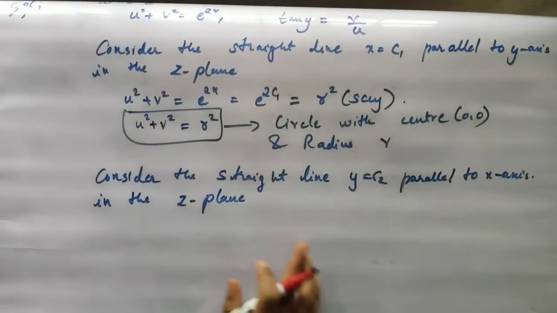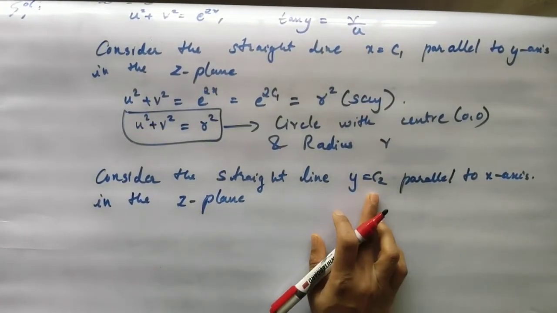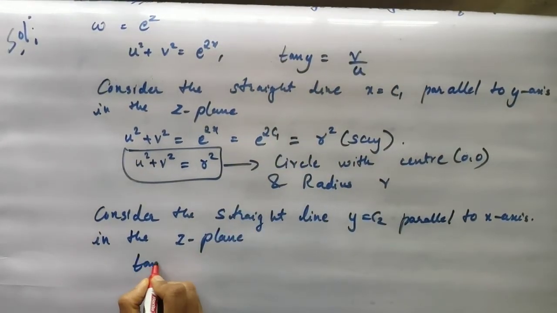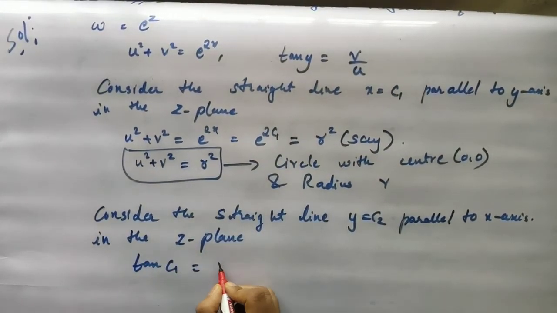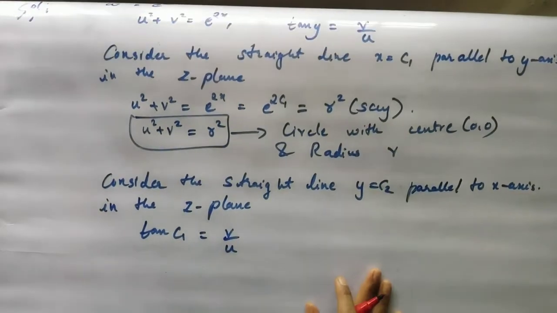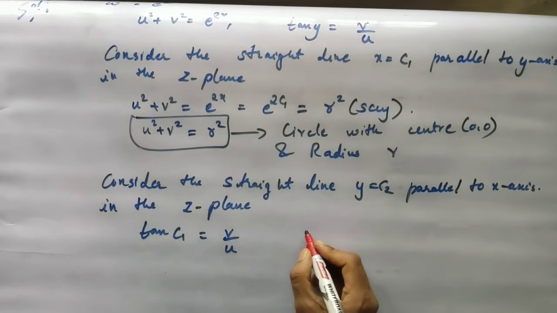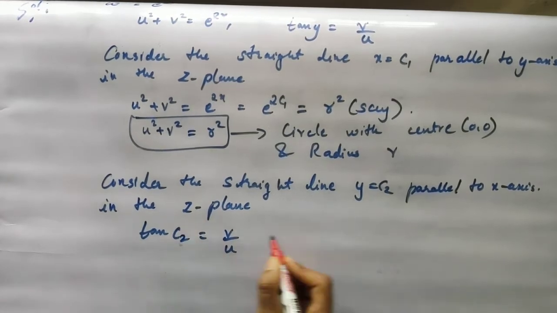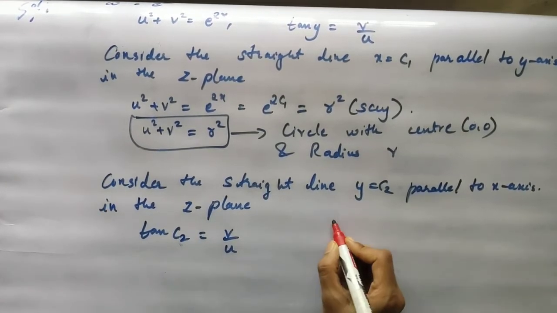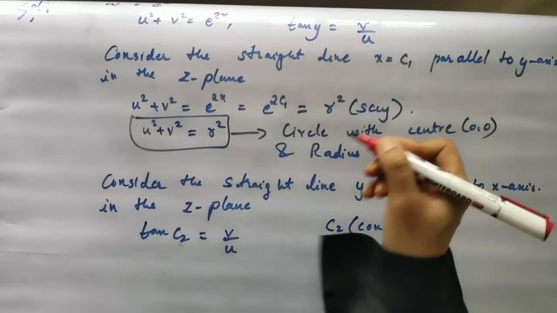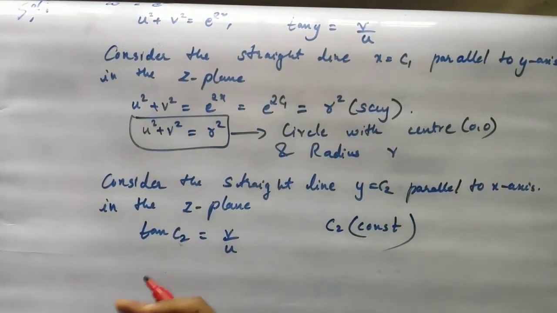Okay, so x is equal to y is equal to C1. That will give you what? You have got tan of C1 is equal to V by U. Okay, tan of C1 is equal to V by U. Tan C1 is constant. Sorry, C2 I will get. Okay, tan C2 is equal to V by U. C2 is constant. Yes or no? It is constant, like how C1 was constant. So tan of C2 will also be a constant.